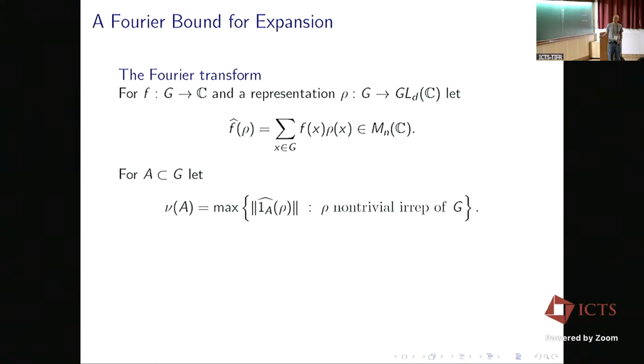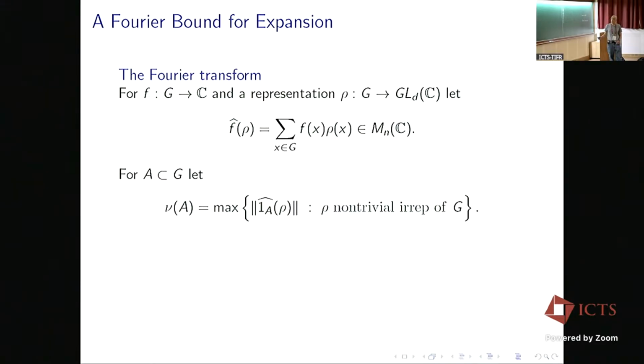These are the characters, and we get the usual Fourier transform. In the case of a non-abelian group, rather than the characters, we have the full representation. Now we define mu of A: we take the Fourier transform of the characteristic function of A, so simply the sum of rho of a, where a belongs to A, and we take the spectral norm,